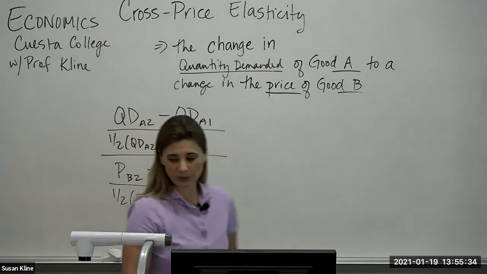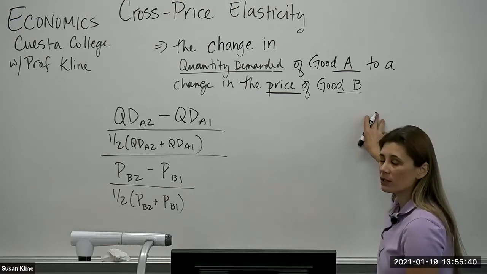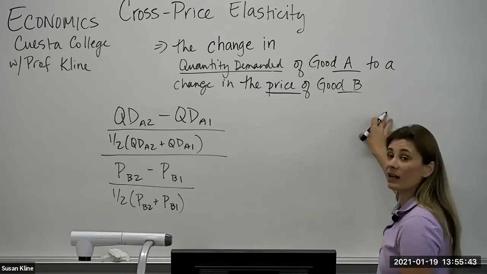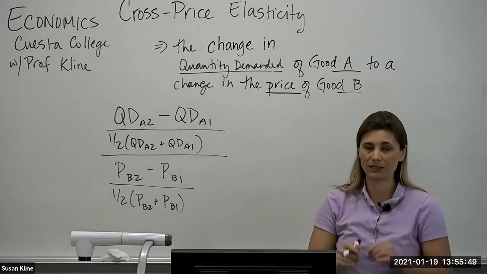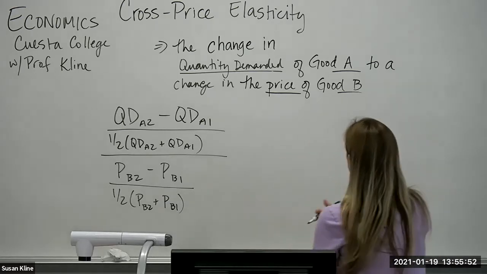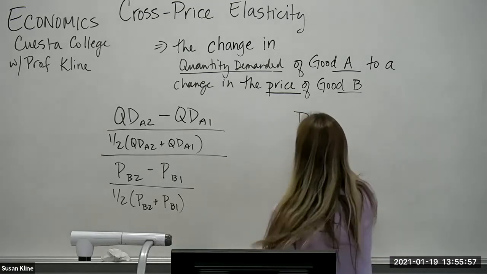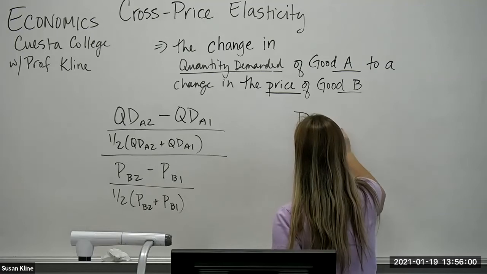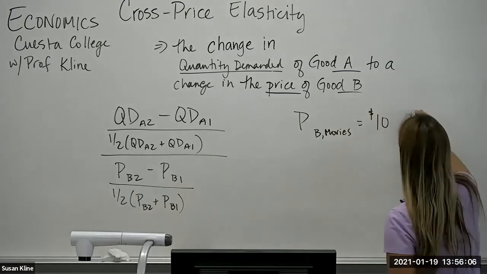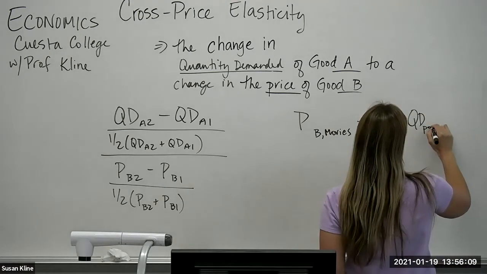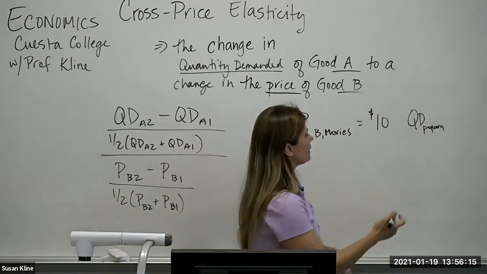So let's go over an example. Now, we're going to find that the most important thing with cross-price elasticity is simply the sign. And usually it goes contrary to how you are expecting. But I'll prove it with an example. Let's say that the price of movies, so I'm going to call movies B. Price of movies, when it's $10, we're going to look at the quantity demanded of popcorn, right? And so when the price of movies is $10, the movie theater sells